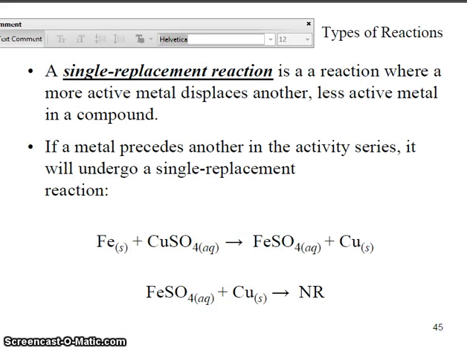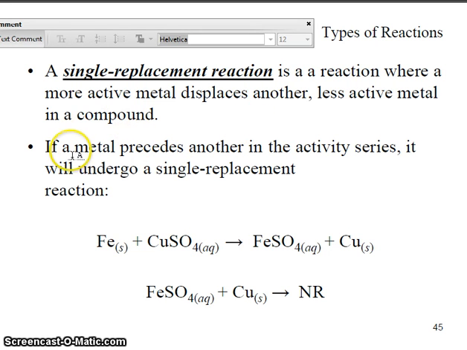Now, the last 3 kinds of reactions that we'll discuss are the single replacement reaction, the combination reaction, and the decomposition reaction. So let's take a look at the single replacement reaction. A single replacement reaction is a reaction where we have an active metal which displaces another one. In real life, I can compare that to a couple dancing, and then let's say a hunk goes over and wants to dance, and so the more active metal, if you will, displaces the less active metal